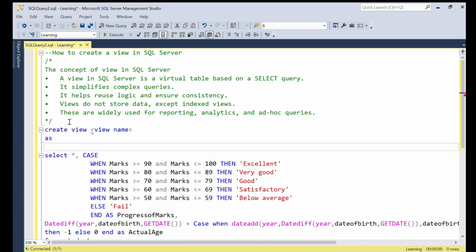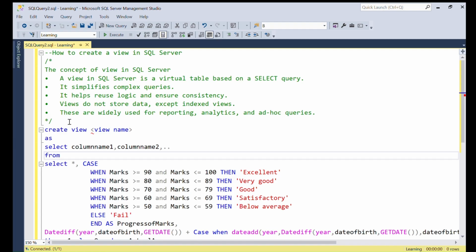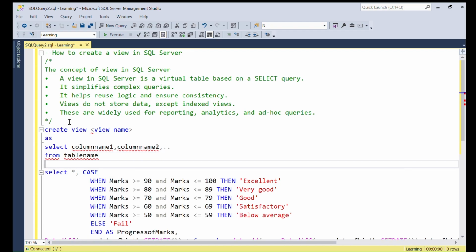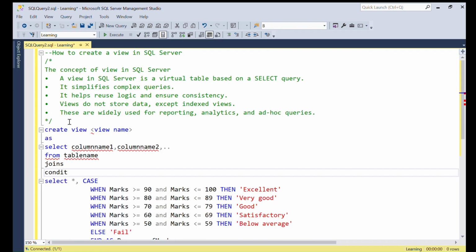Select column name, column 1, column name 2, from table name. You can also use joins and conditions. Okay,